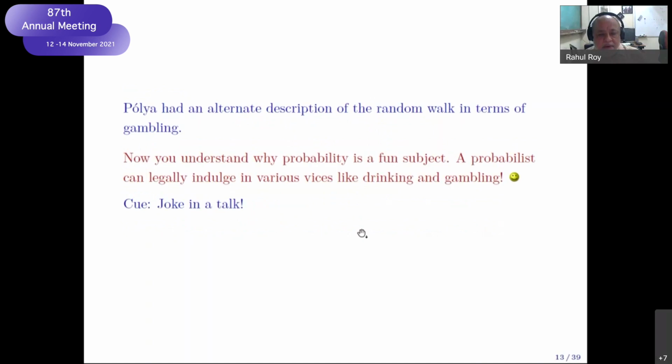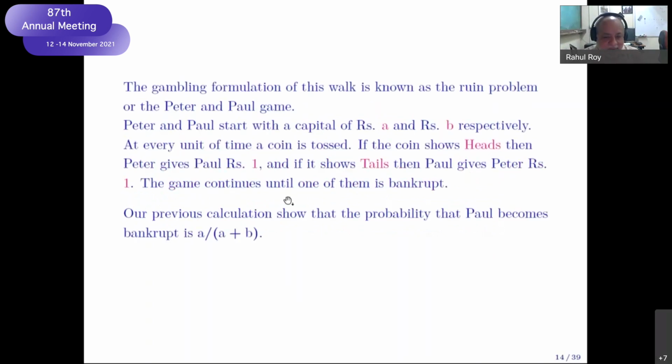Pólya had an alternate description of the random walk in terms of gambling. So now, as I say jokingly, you understand why probability is a fun subject, because a probabilist can legally indulge in various vices like drinking and gambling. Well,